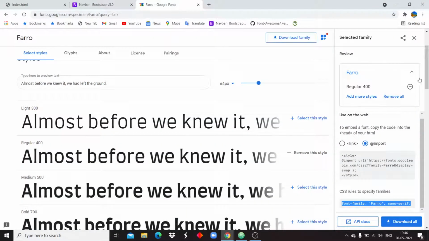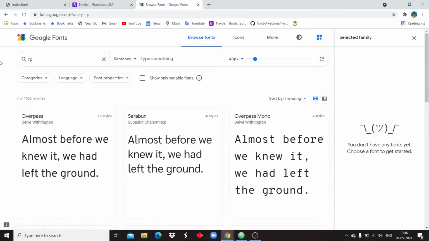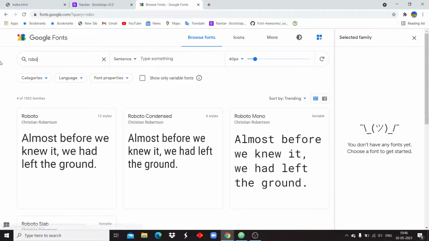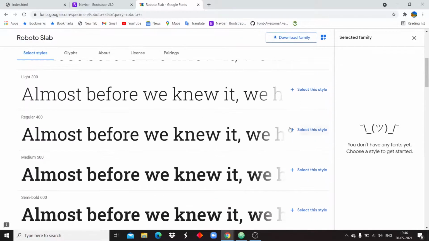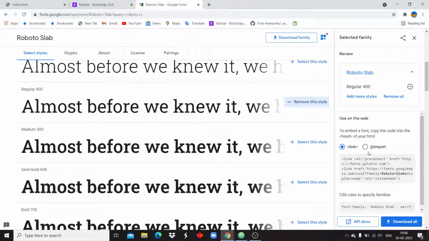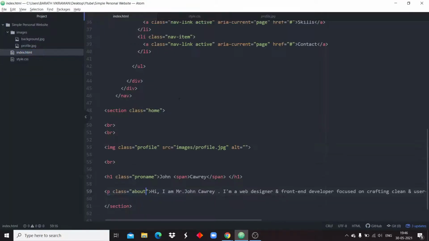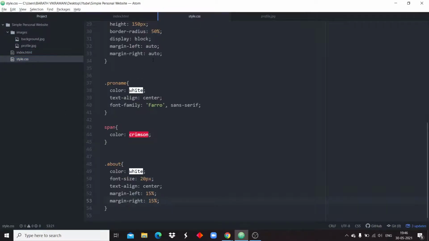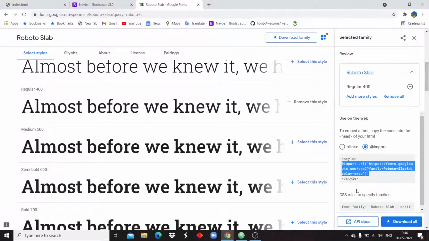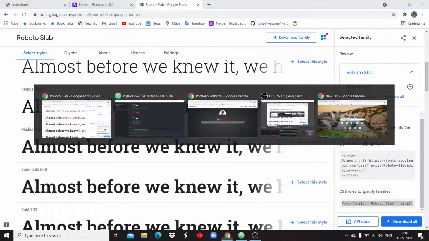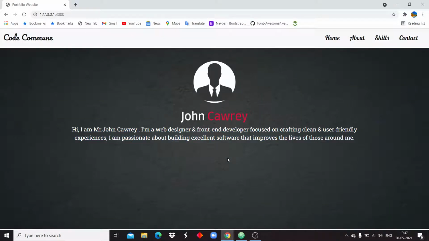So again, I'm going to Google Fonts, searching for Roboto Slab, and importing it at the top. Now you can see it has been changed.